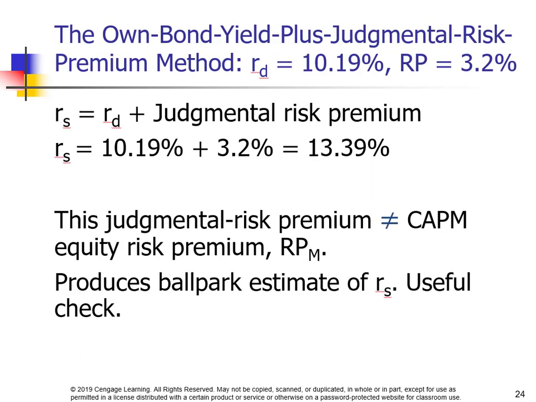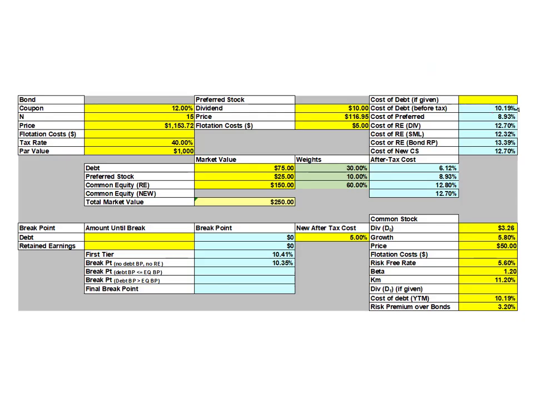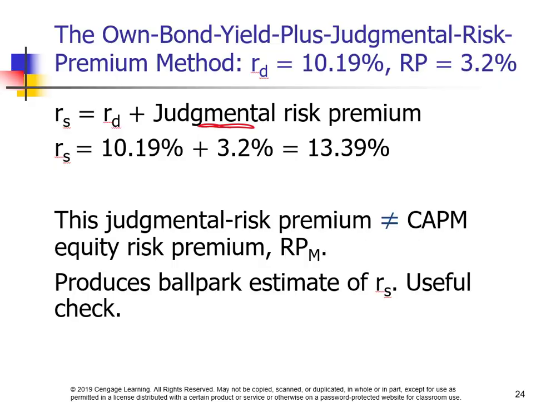The third technique that we have is the technique that's the yield to maturity plus a risk premium. And again, just the point to keep in mind, this is a judgmental premium. So in this example, if I go down here to this next slide, 10.19 is the yield to maturity on this bond, and they are saying that they have roughly a 3.2% risk premium. So their required return, or the cost of retained earnings, is roughly